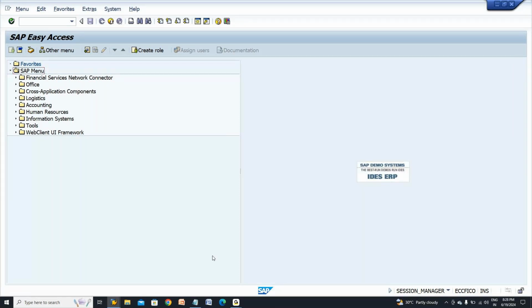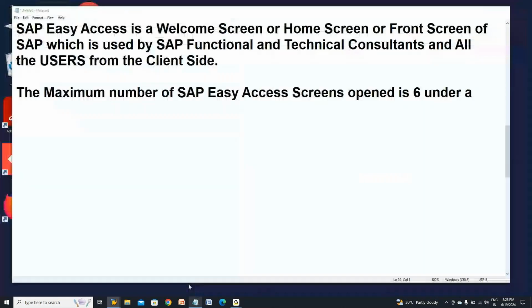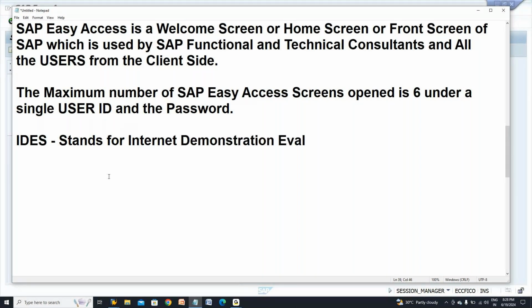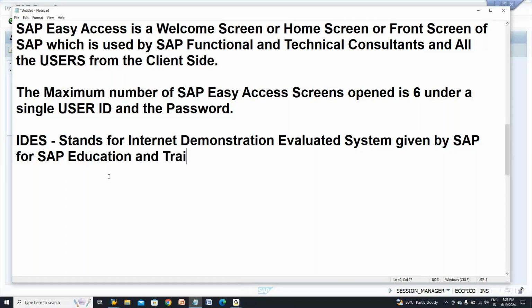So what does IDES mean? It stands for Internet Demonstration Evaluated System, given by SAP for SAP education and training purposes,